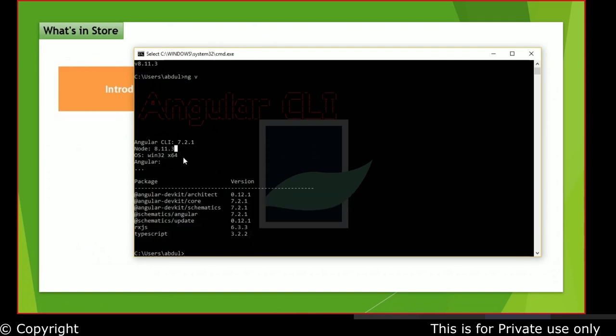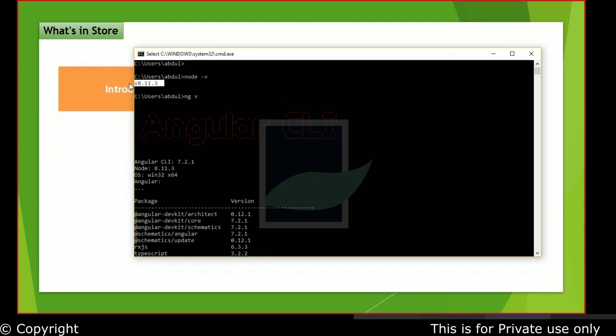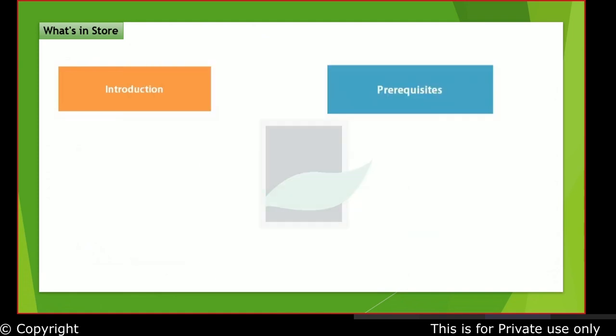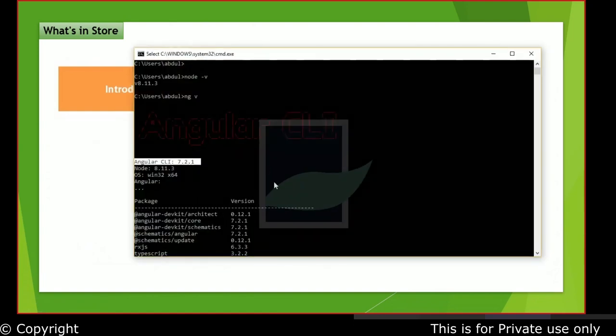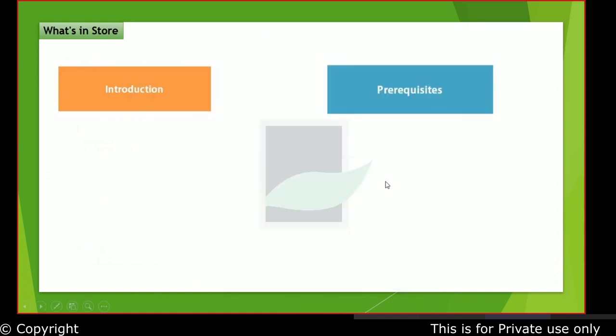We'll speak about these packages when we start speaking about Angular. So essentially, these are the things which I want you to have once we start our discussion. In our initial session, we'll speak about prerequisites, how to get these things into your box. That would be covered within your prerequisites module. We'll speak about Code, VS Code, and why that is an efficient way to work with Angular. If you're familiar with any other IDE, it should be fine, but Code is one of the best IDEs to work with. We'll speak about all of that in prerequisites.